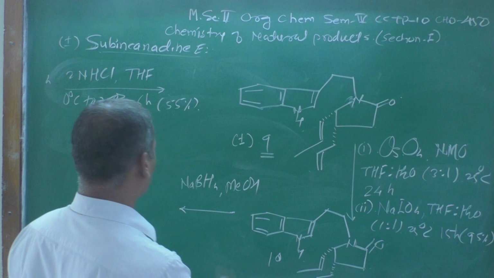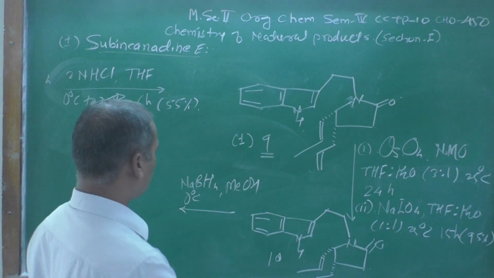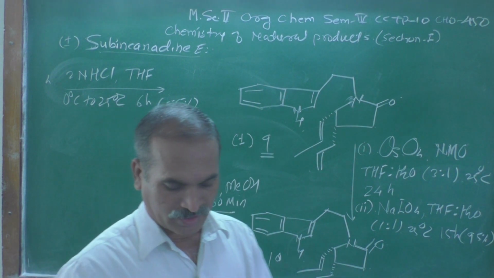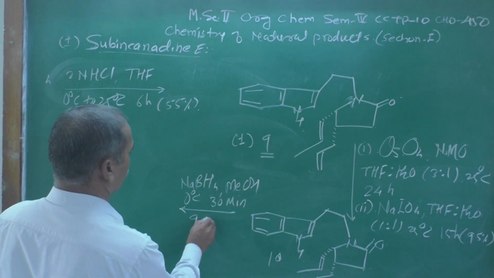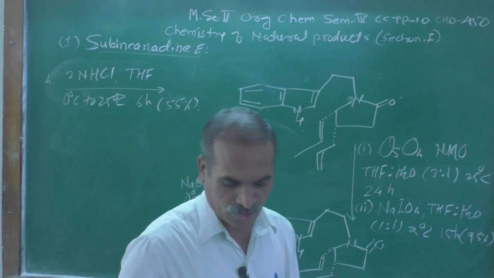The temperature is kept at 0 degrees centigrade, stirred for 30 minutes. After the treatment with all these, the overall yield obtained is 98%, a very high yield,